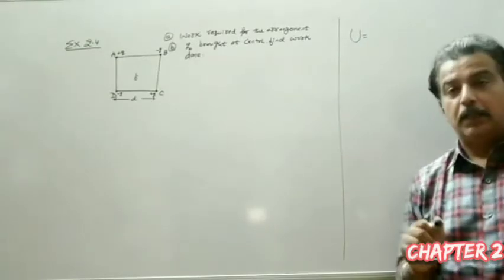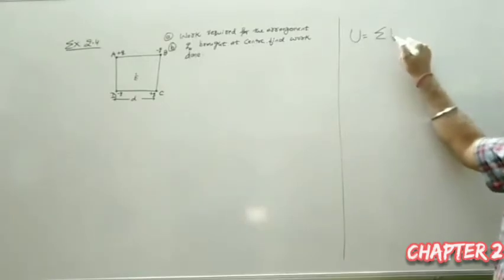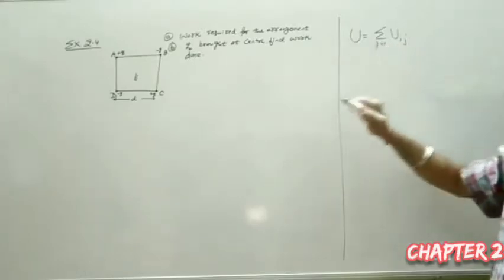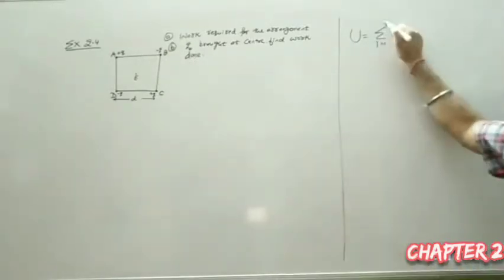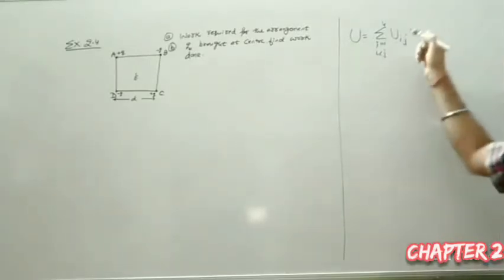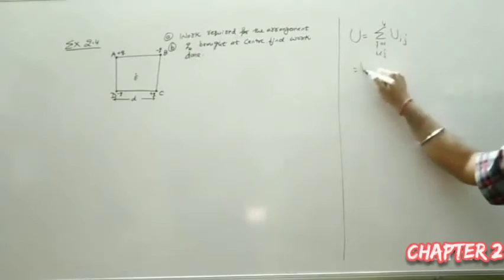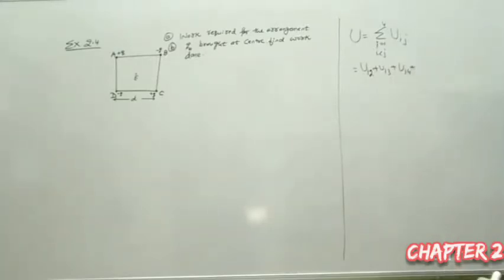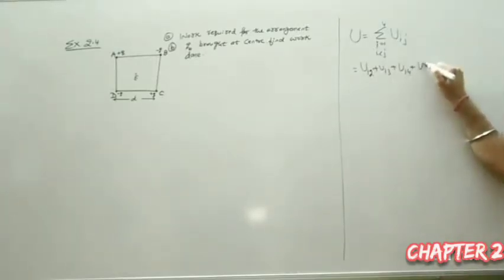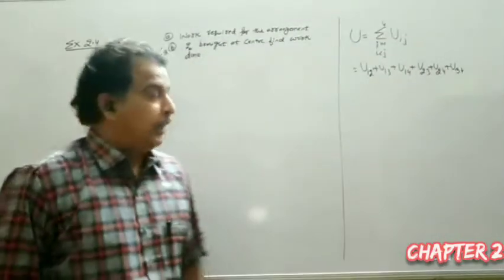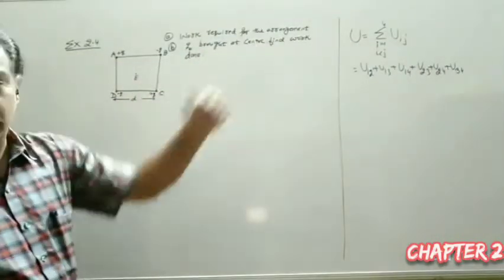As far as the formula is concerned, we can directly write that the total energy of the system is, if you remember, our formula was the summation of U_ij, where i runs from 1 to 4, since there are 4 charges, and i should be less than j. Substituting, i is taken as 1, so 1 2, 1 3, 1 4. Plus, now i is taken as 2, 2 3 plus 2 4. Now i is taken as 3, so 3 4. If this is an MCQ, I directly apply this formula.